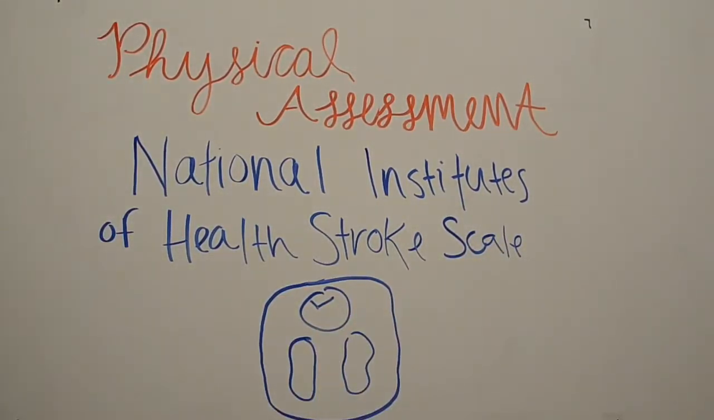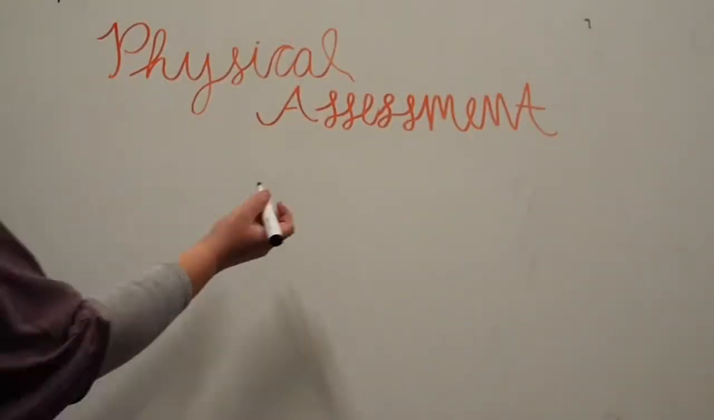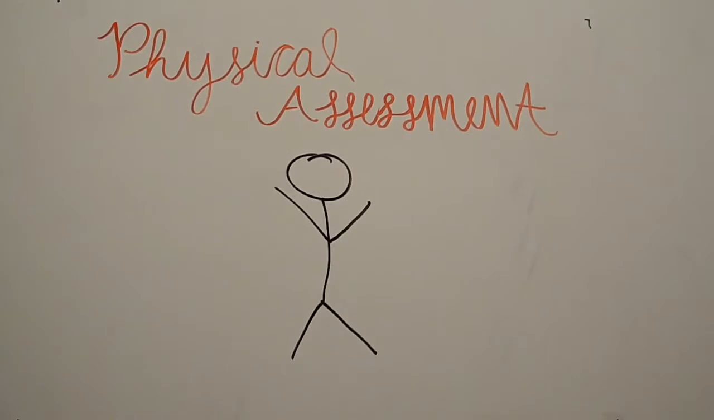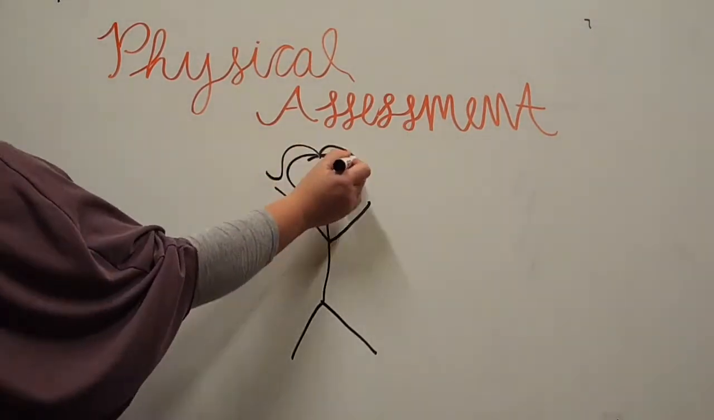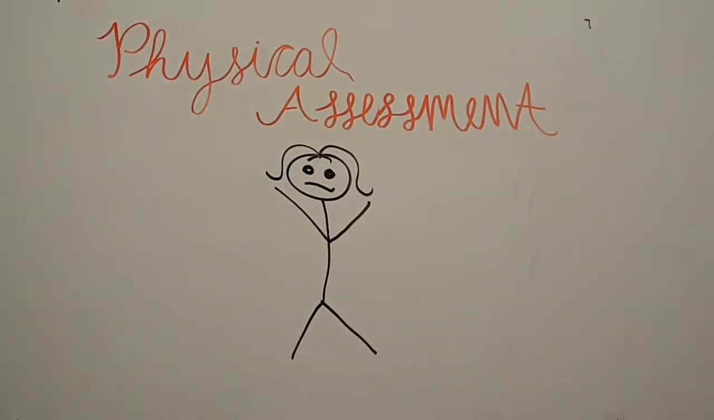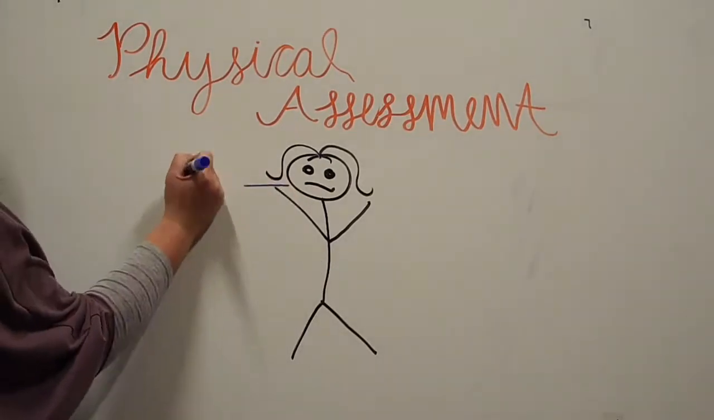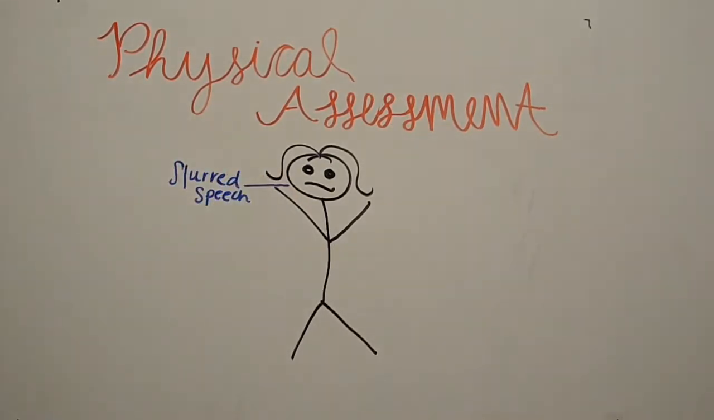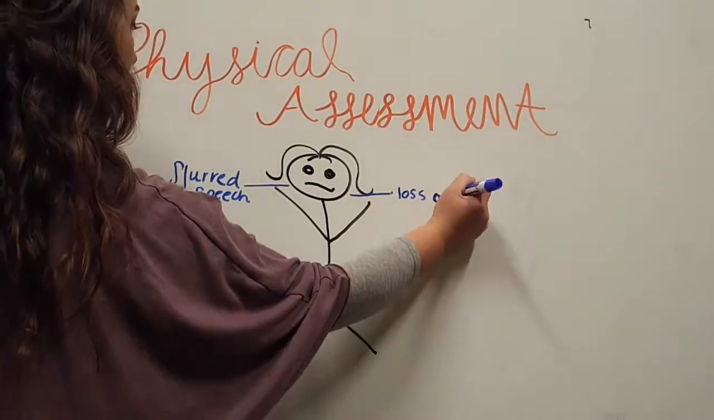The brain controls every bodily function. Therefore, damage to the brain caused by a stroke can present itself in a multitude of ways. A few of the signs and symptoms of a stroke include, but are not limited to, slurred speech, loss of gag reflex, facial droop,